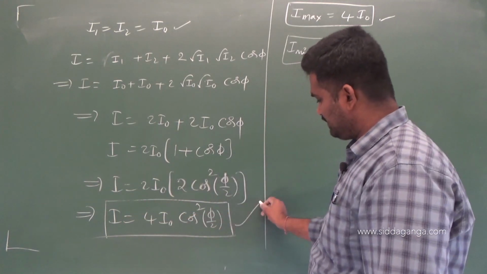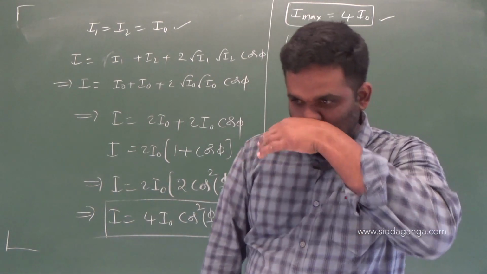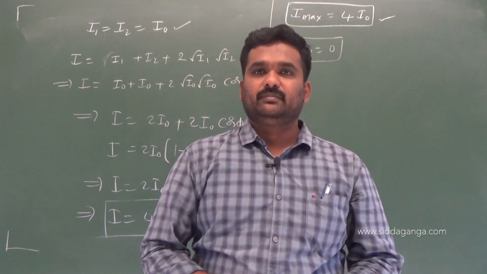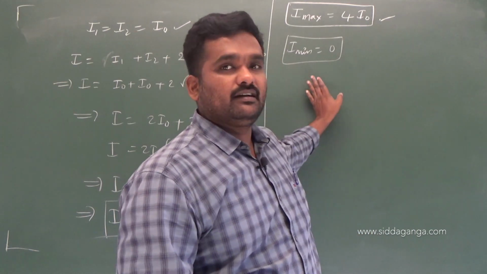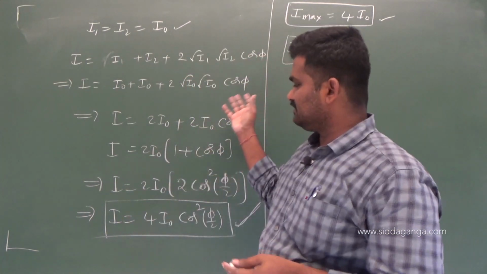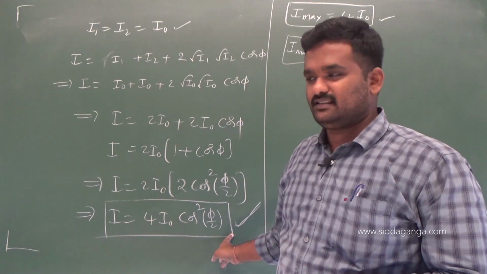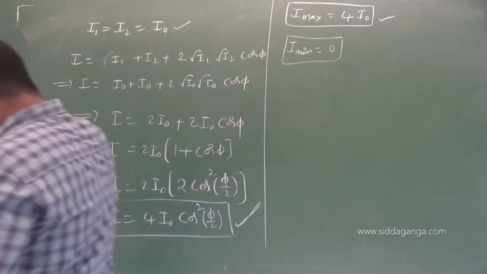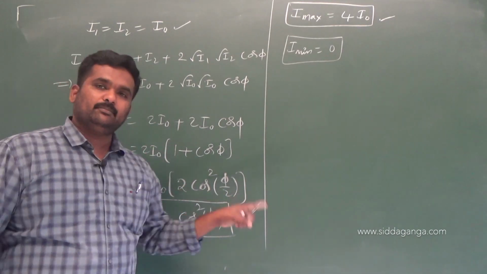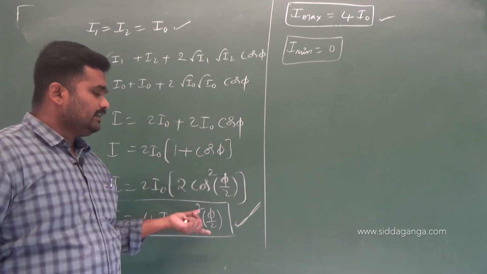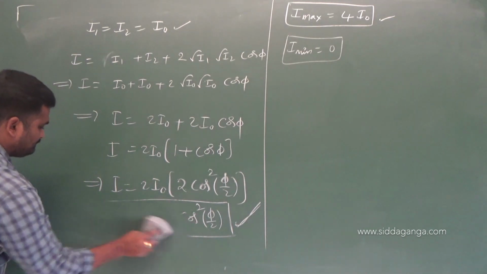This is a very important relation in the course of discussions. Again, when I start Young's double slit experiment and discuss some applications and problems, at that time we will recall these formulas again. So we can see again by that time. Okay, so hope everyone got the points related to intensity and amplitude, how they vary in relation to the phase difference and path difference of the two superposing waves.